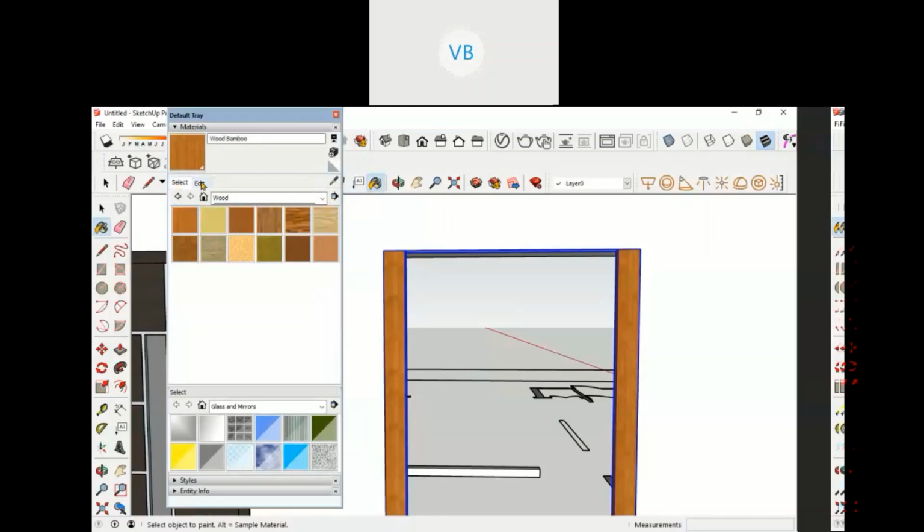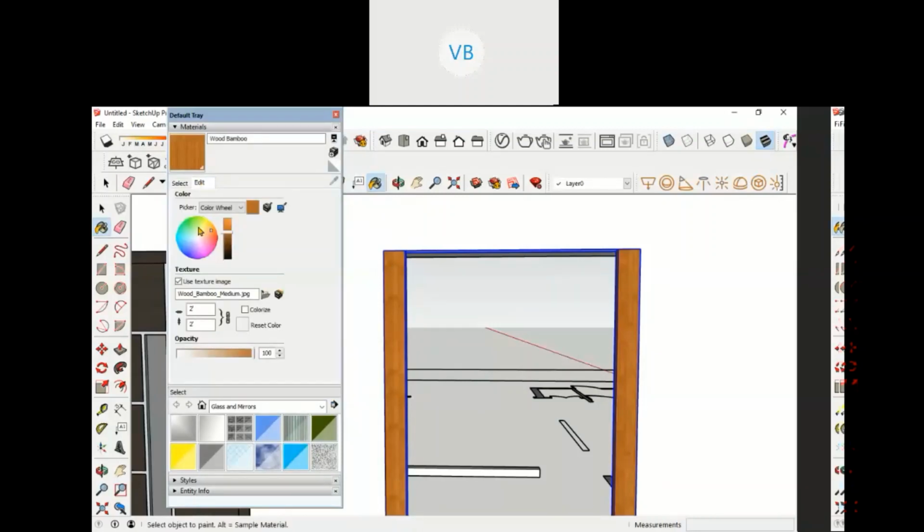Select that material and then edit. When you're editing, you can adjust the color of the material. See, that's how you can adjust the color of the material. Like that you can edit it. And default రావాలంటే press this thing, you can go back to default settings.